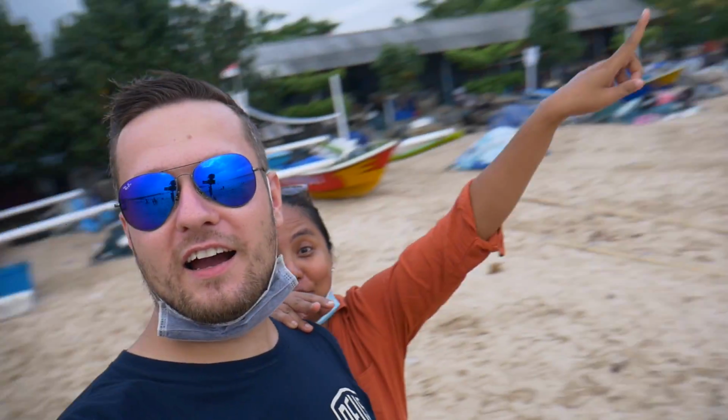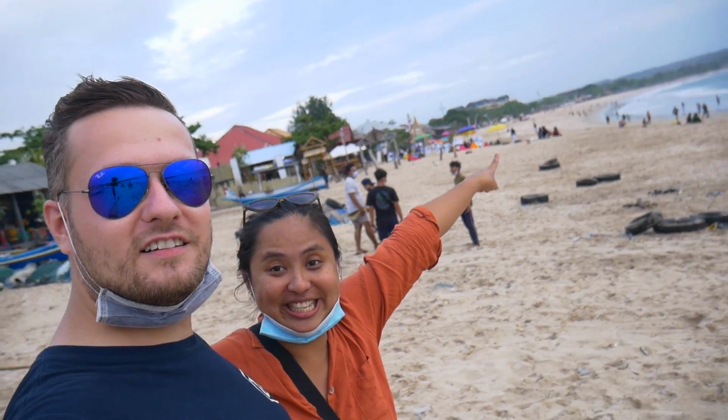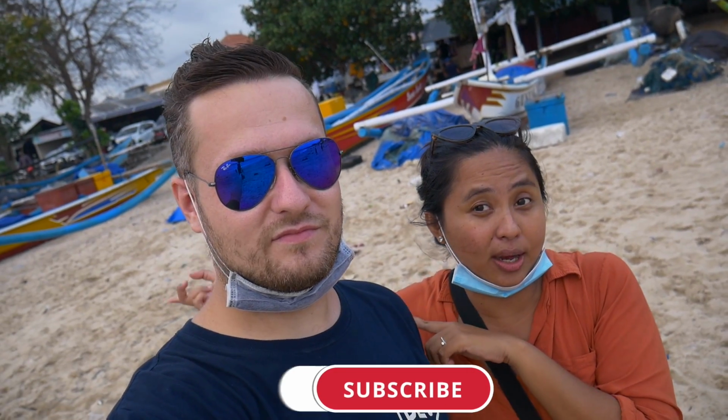Right, so as you see, it's very good vibes here in Jimbaran. Actually, this area is called Kedonganan Beach. Jimbaran Bay is over there, close by the Four Seasons that we visited before, but this area is very local. It's a neighbor of Jimbaran called Kedonganan Beach, and we were in a fish